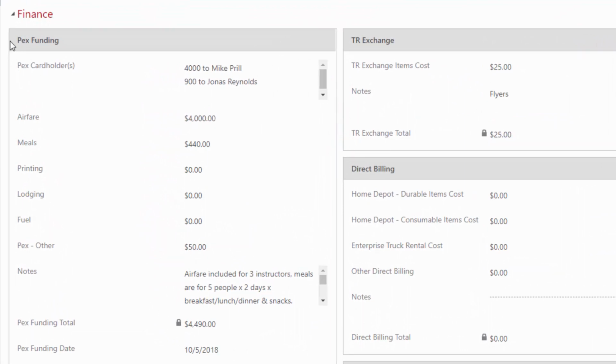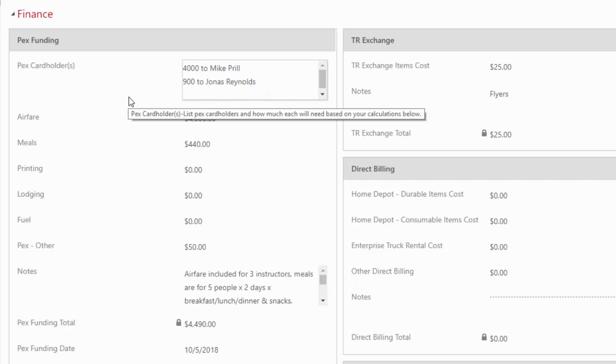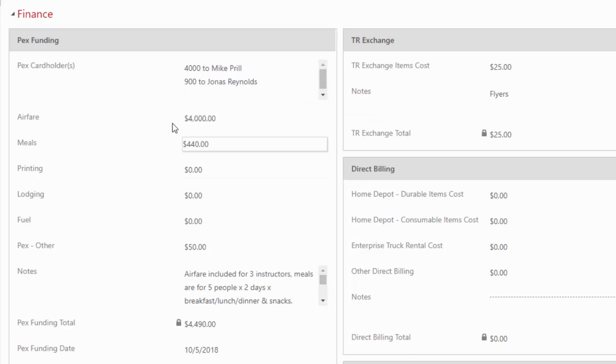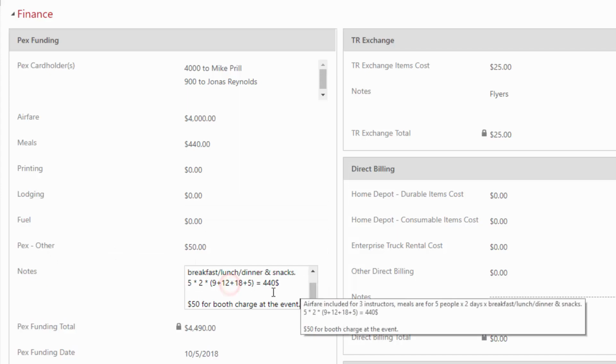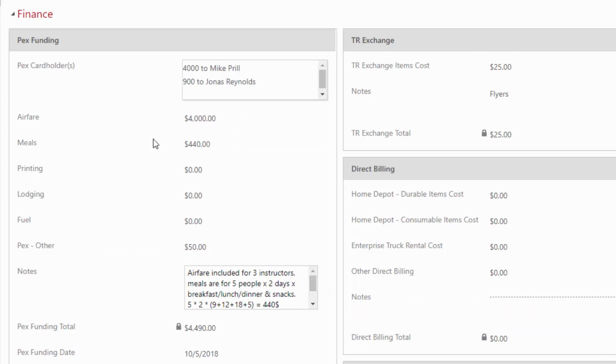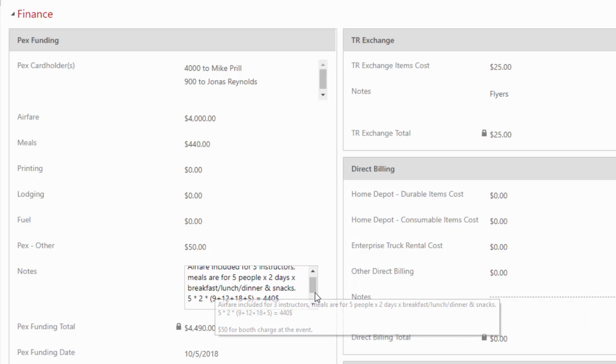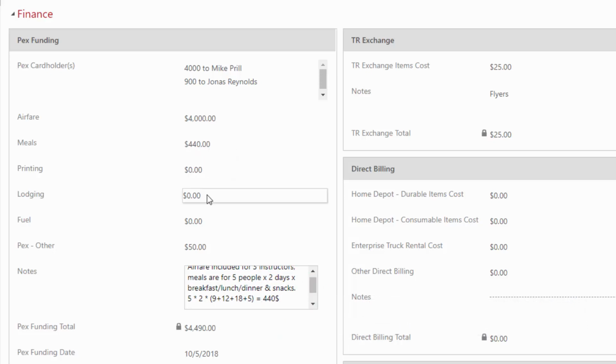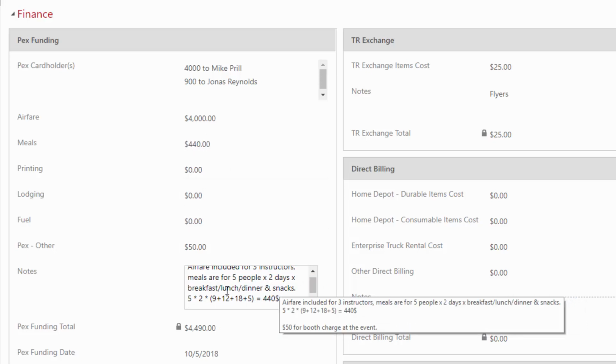So the first section is revolving around PEX funding. In the PEX funding section, we have an area where we can put in the names of the people that need their PEX card funded as well as the dollar amounts. We can break down lots of different categories including airfare, meals, printing, lodging, fuel, and then anything else. We have a notes field where we want to put in all the detail about why we're asking for certain levels of funding. So we've got a blurb about airfare, we've got a breakdown of the meals,